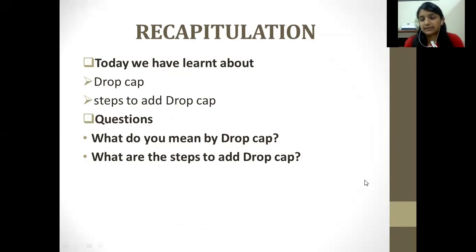What is drop cap? It is the largest capital letter which we use to make the text attractive, at the chapter starting or article starting or anything where we want to make the text attractive. We use the drop cap option. Then what are the steps for the drop cap option? First of all, we have to go to the start button, then the insert button, then we have to go to the drop cap, and we are able to see three options which were more visible, and the fourth option is for exploring more.